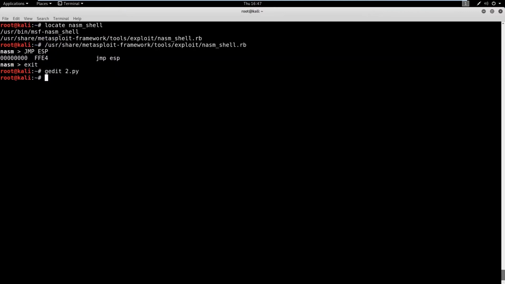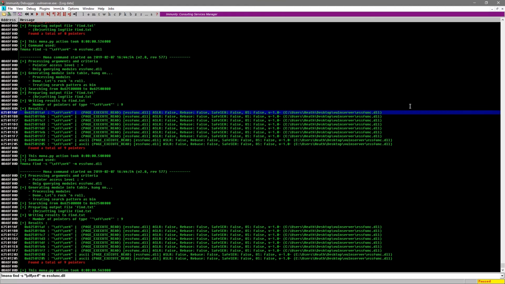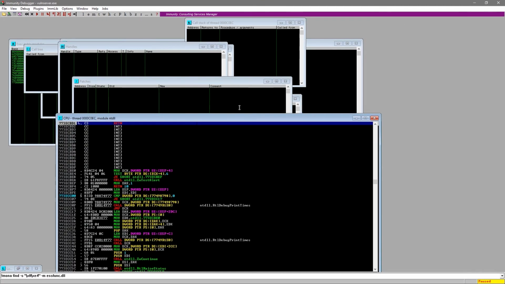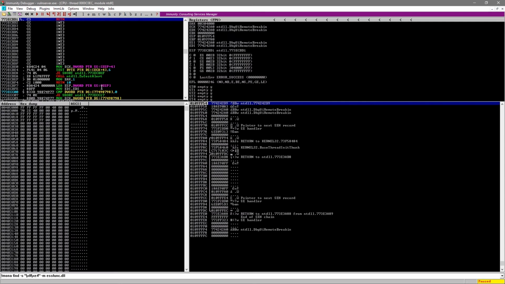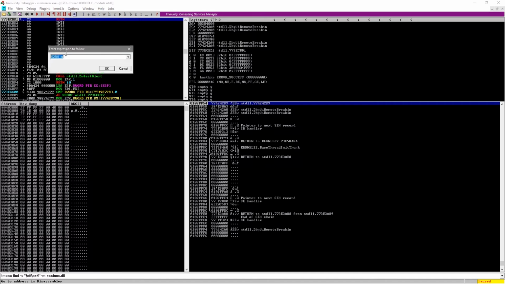And let's open up Immunity again. Let's go ahead and minimize this, and let's maximize it again. Okay, so we're going to do something special here. First, we need to click on this little arrow here. It's kind of bluish black. And we're going to enter this expression to follow, 625011AF. Remember, that's going to be our jump code. So if we hit OK,